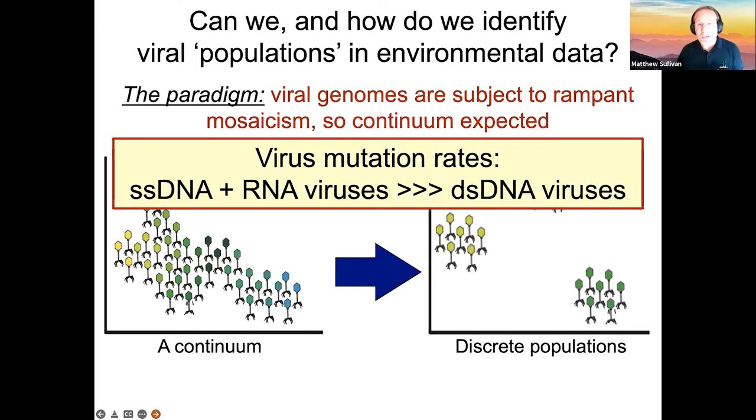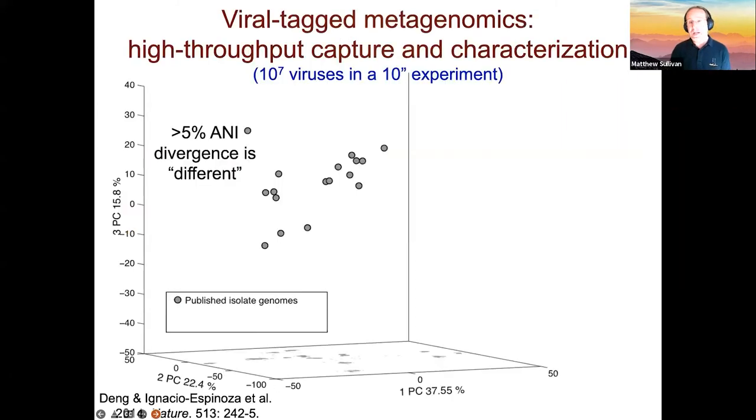And again, I think when we think of viruses, we think of high mutation rates, but I will just posit for you that actually most of the data we have on gene flow and mutation rates are from single-stranded DNA and RNA viruses, because these infect humans. And these are the ones that virologists have studied for a long time. And those rates are actually orders of magnitude higher than they are for double-stranded DNA viruses. And so maybe there's a chance that there's discreteness in virus sequence space.